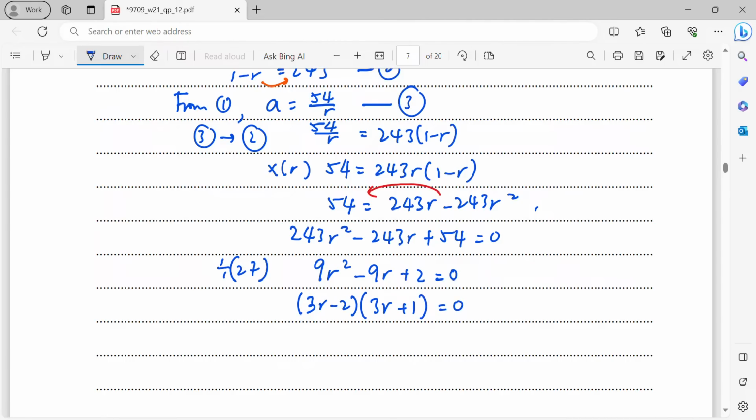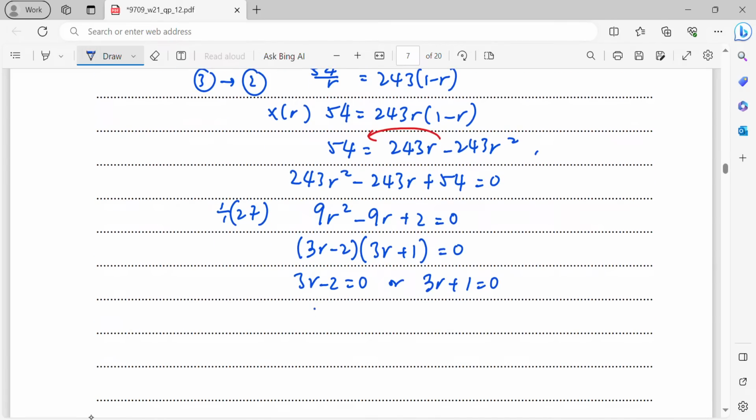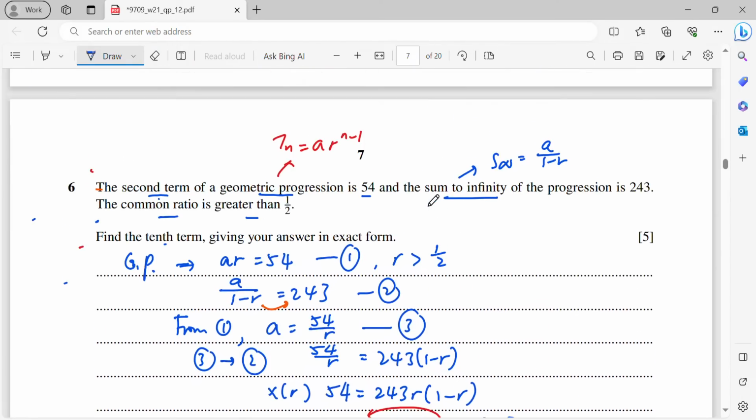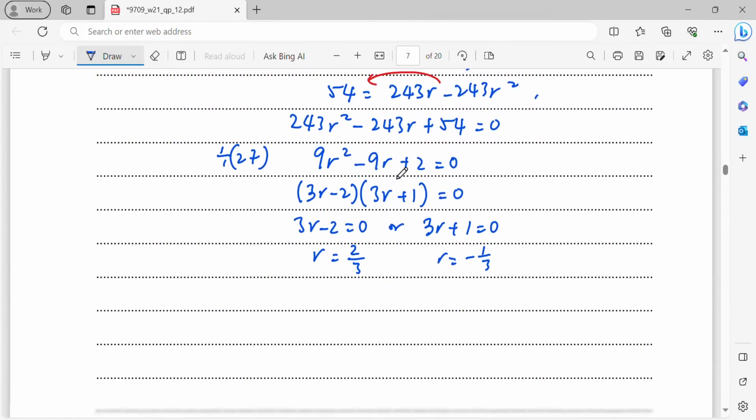That equals 0. Which means either 3r minus 2 equals 0 or 3r plus 1 equals 0, then you will be getting 2 r values. So the first one, r may be 2 over 3, and the second r may be negative 1 over 3. But then, just now, you were given r is greater than half. Therefore, r equals negative 1 over 3 is